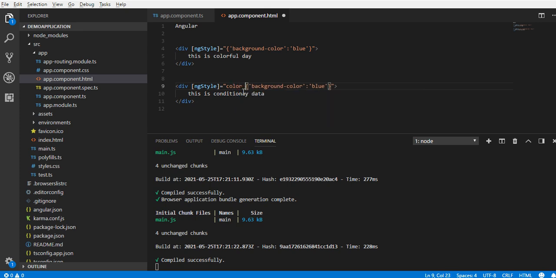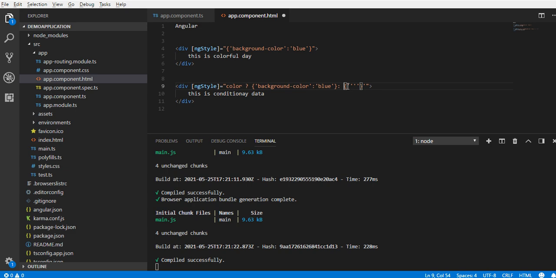To use the ternary operator, we put a question mark and then one condition. Whatever condition you mention, if this condition is true, then the part after the question mark will execute, else this other code will execute. So this is how the ternary operator works.